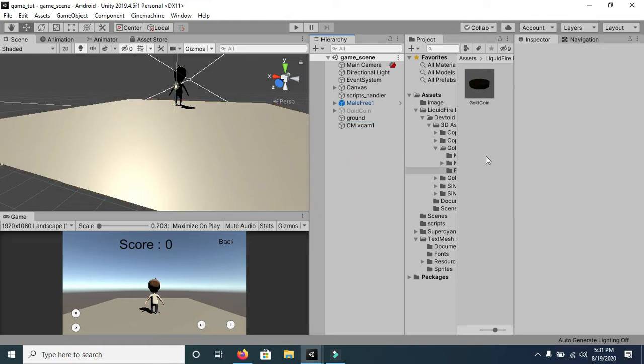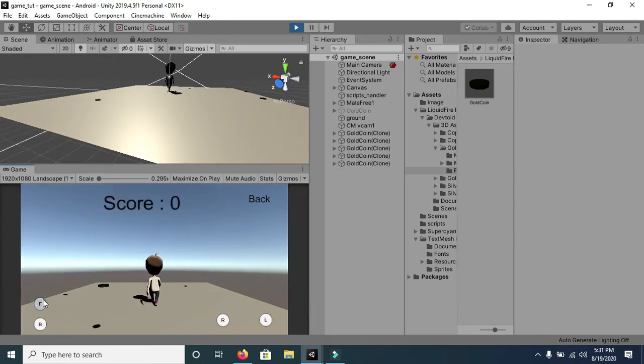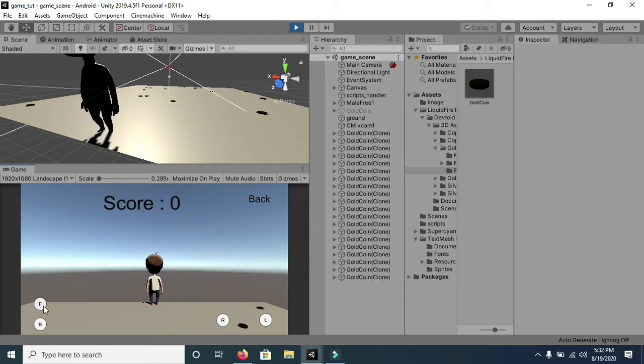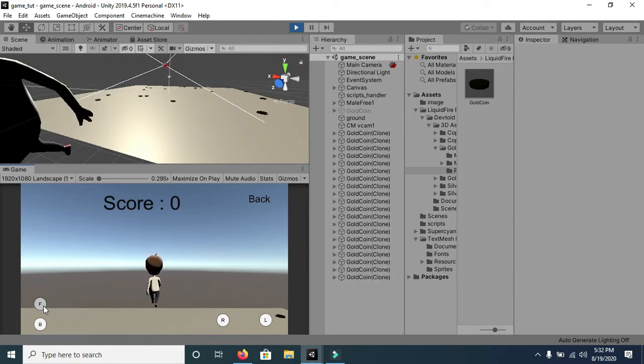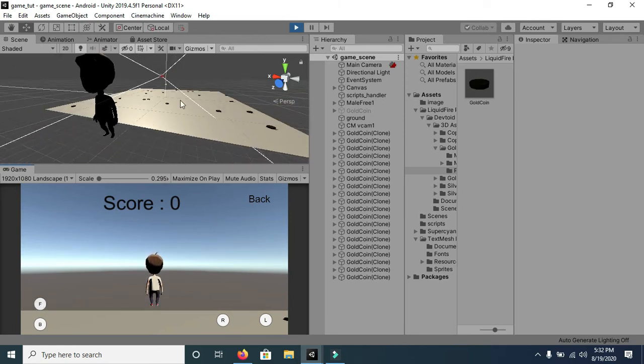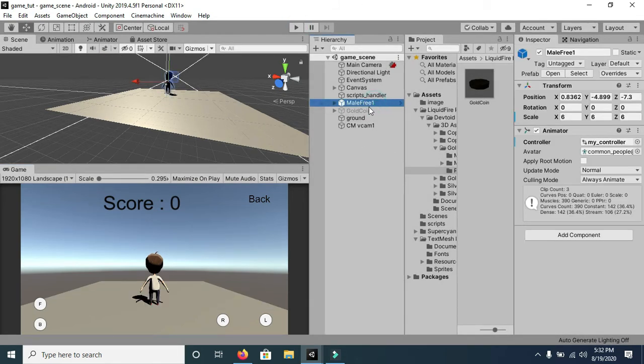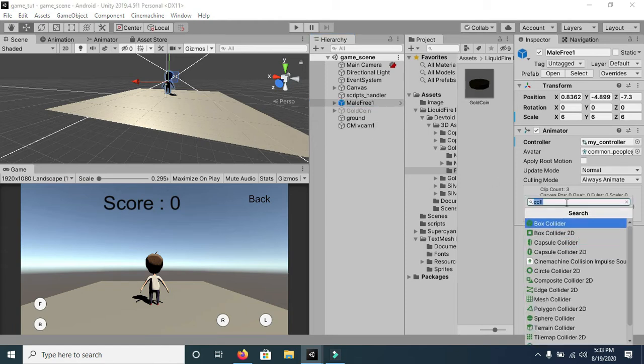And now first of all, I will show you one more thing. Now you can see that it is moving too slowly. As you can see, if I press F again, this player is not falling from this ground plane. This player has already left this ground plane, and in the actual world, if you leave any plane, you will fall, but nothing is happening over here. This is because physics is not working properly, because we haven't attached any rigid body component to this 3D player. So first of all, we have to attach a rigid body component.